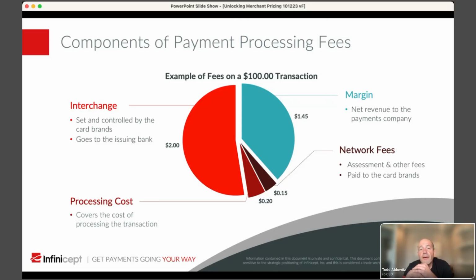That's the net revenue. And a lot of the companies that process payments and sell to merchants use that as their main metric that they pay attention to. How much net revenue do they make on the total of their merchant portfolio? And then they start to count things like expenses.